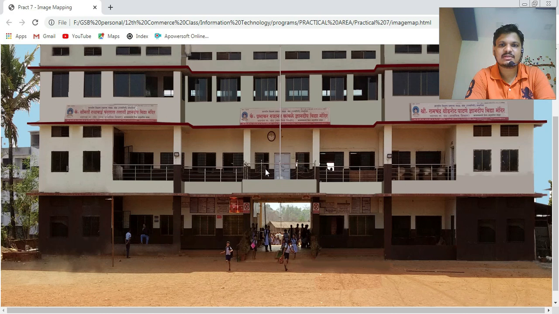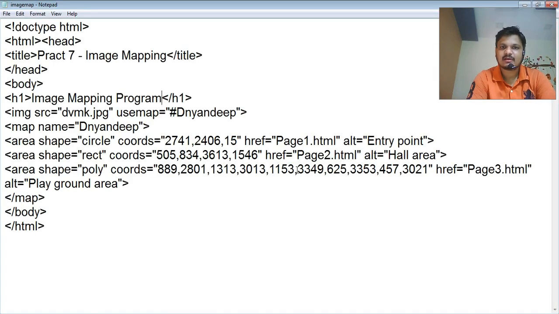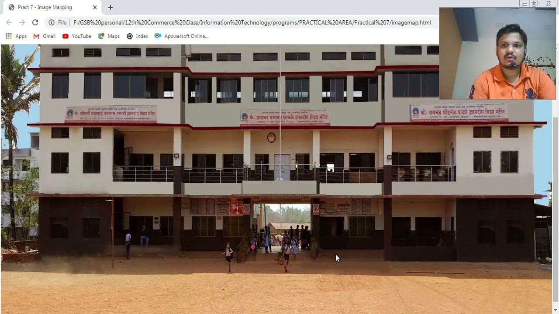If I move the cursor over here for entrance, let me see what exactly. Okay, ground area is fixed. This is the ground area, this is the hall area, and now let me increase this value. So this is the output, right?